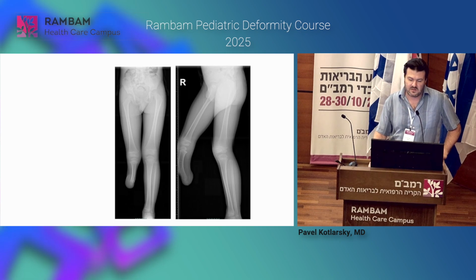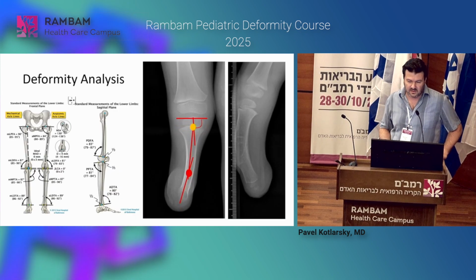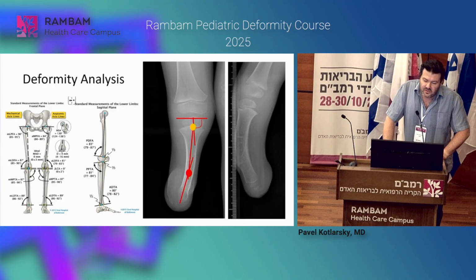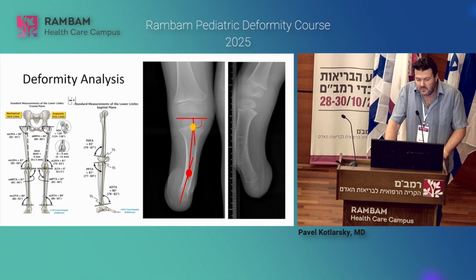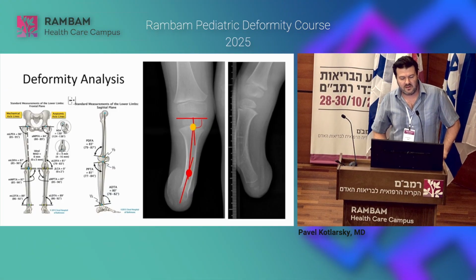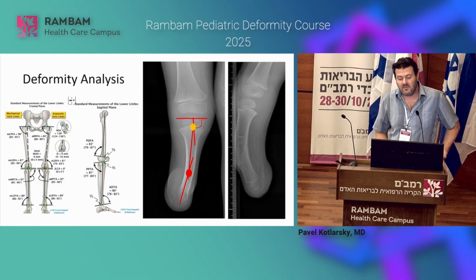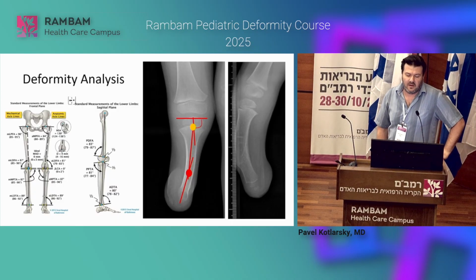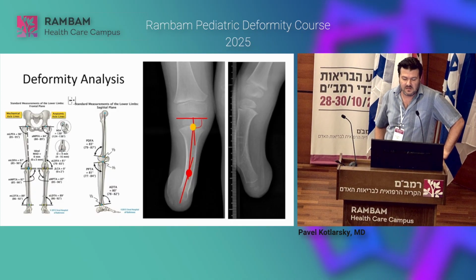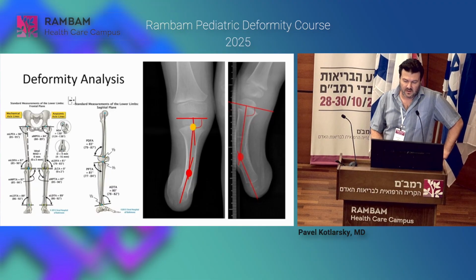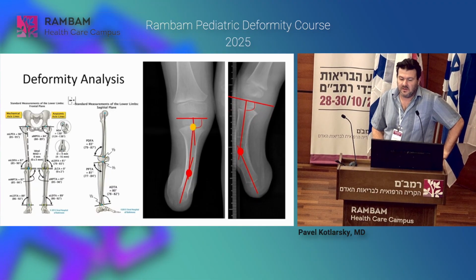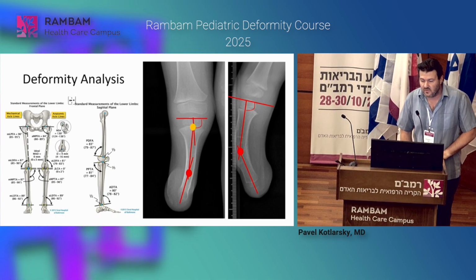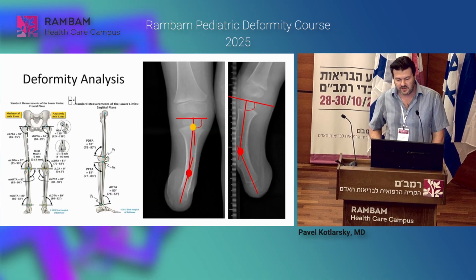And these are the X-rays. And again, let's analyze the deformity. The pictures on the right are from the multiplier app, which we use on all our cases. So we have a double level deformity. The first one, the proximal one, is at the level of the growth plate, and the second one is in the middle of the stump. And on the lateral X-ray, the deformity is only at the stump. So there is no proximal deformity at the lateral X-ray, which makes our life easier.